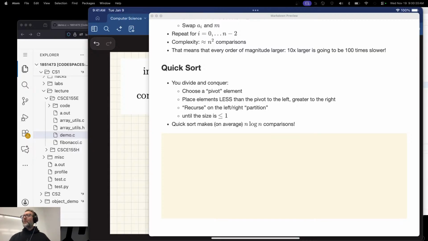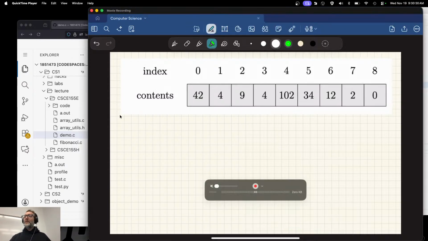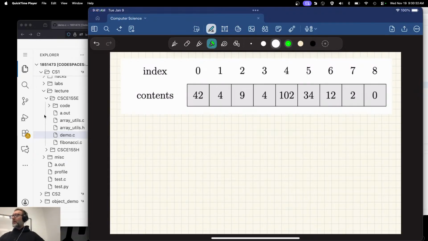So let me remember that what we do is we choose a pivot element and we start partitioning around it. We put everything less than it on the left side, everything greater than it on the right side, and then we recurse on the left and the right. I'm not going to go through the entire process here, but we will look at maybe one iteration of this, or maybe a couple. This is going to end up being our pivot element. And remember, just like in basketball, pivot foot, once it's down, you can't pick it up. You're going to pivot around that point.